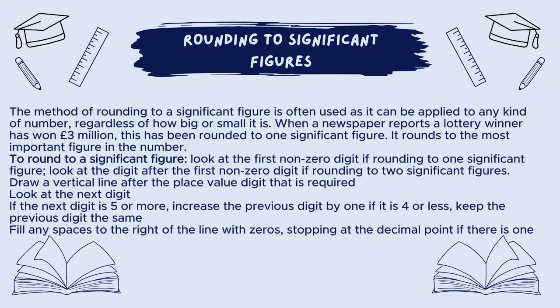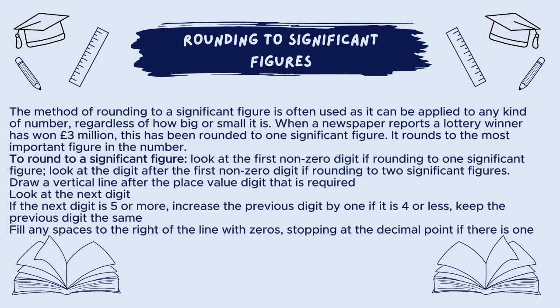The method of rounding to a significant figure is often used as it can be applied to any kind of number, regardless of how big or small it is. When a newspaper reports a lottery winner has won £3 million, this has been rounded to one significant figure. It rounds to the most important figure in the number. To round it to a significant figure, look at the first non-zero digit. If rounding to one significant figure, look at the digit after the first non-zero digit. If rounding to 2 significant figures,